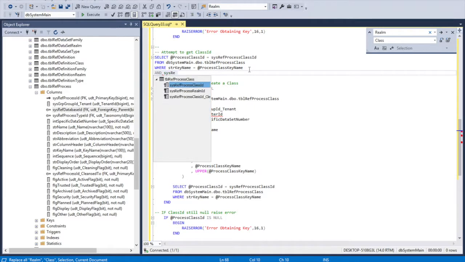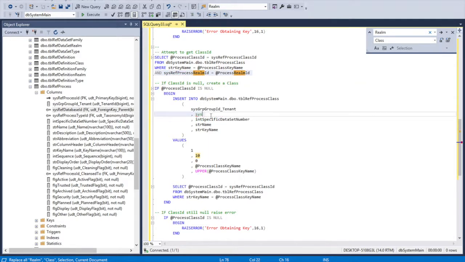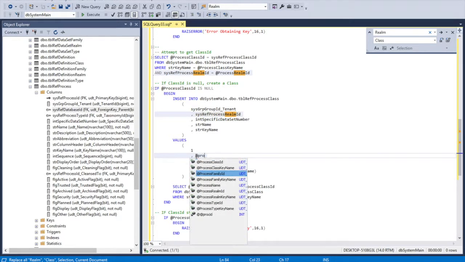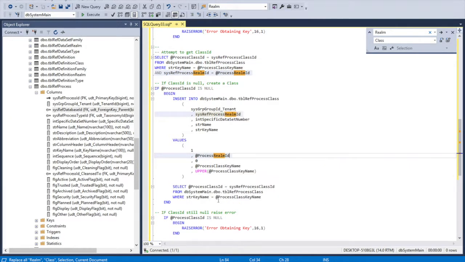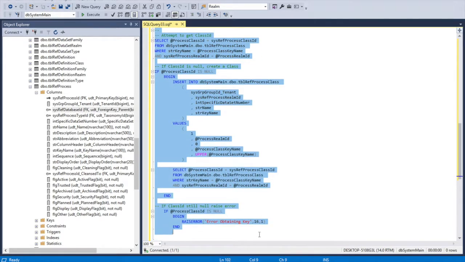I'm going to add another where condition where the class's realm matches the realm that we had just obtained. And then same thing, exchange the parent. I'm going to copy and paste that where condition again, and then I could highlight this entire script,